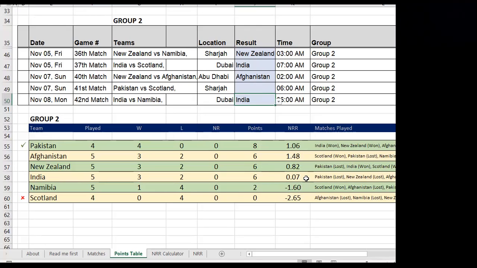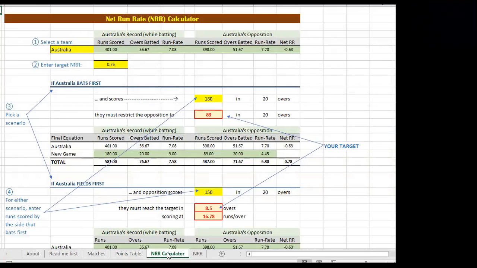Even though it's likely to change between now and the India-Namibia game, let's assume for a moment that India's current net run rate is 0.07, and they need to be at 1.48 or higher. So let's use the calculator and see how we could achieve that.